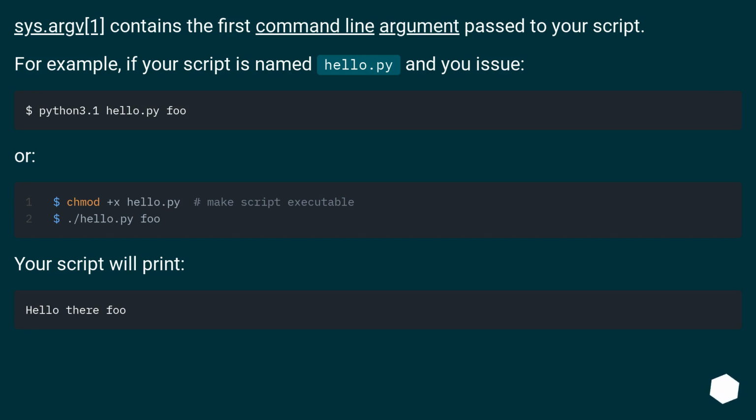sys.argv[1] contains the first command line argument passed to your script. For example, if your script is named hello.py and you issue the following, or, your script will print